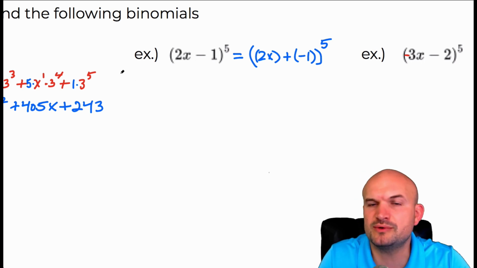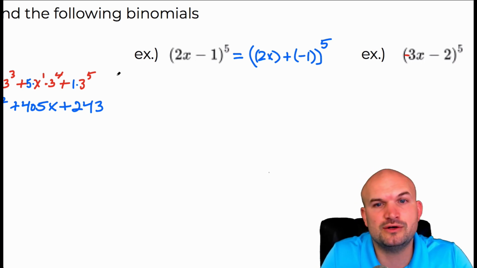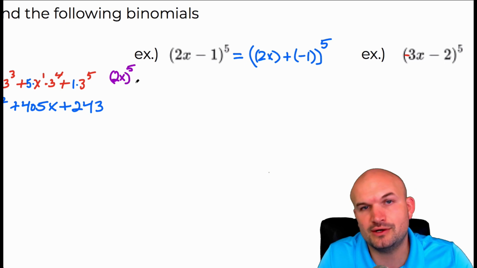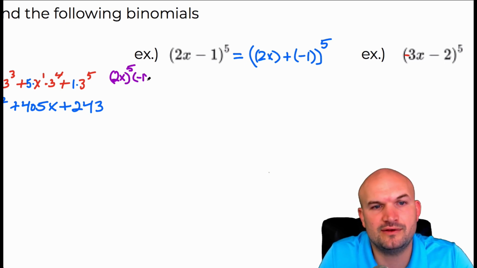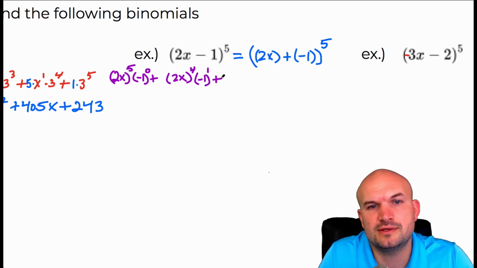Now let's just use a different color so we don't get the problems confused. And let's go in our descending order. Now in this case, I'm just going to write everything out so we can see it. So we have 2x to the 5th power, and -1 to the 0, let's just write it in there, why not, and then plus 2x to the 4th times -1 to the 1st plus 2x to the 3rd times -1 squared plus 2x to the 4th